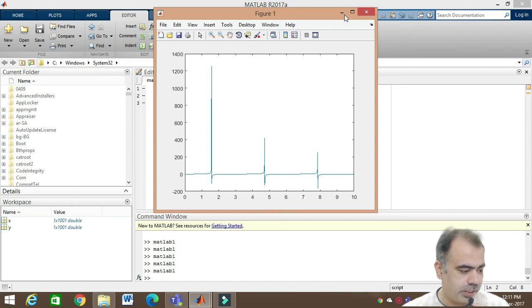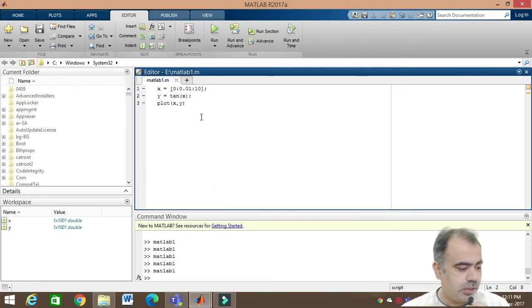Similarly for tan x, you may have this kind of graph within the same range. This is very important, and I would like everybody watching my video to try all the trigonometric functions, at least sine, cos, tan, and they must know how to plot them.